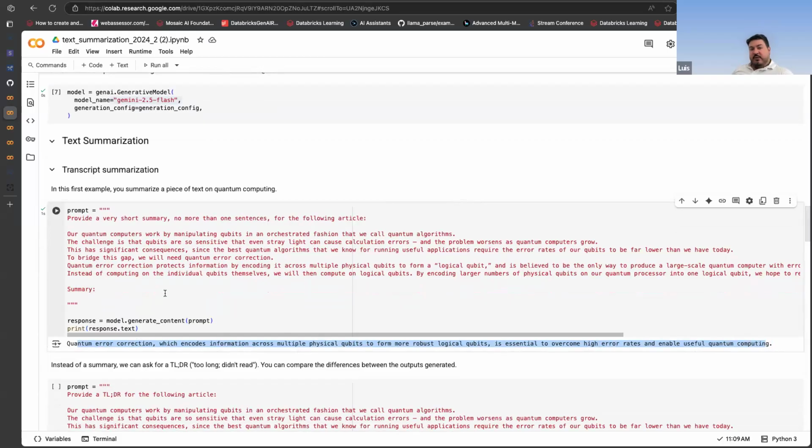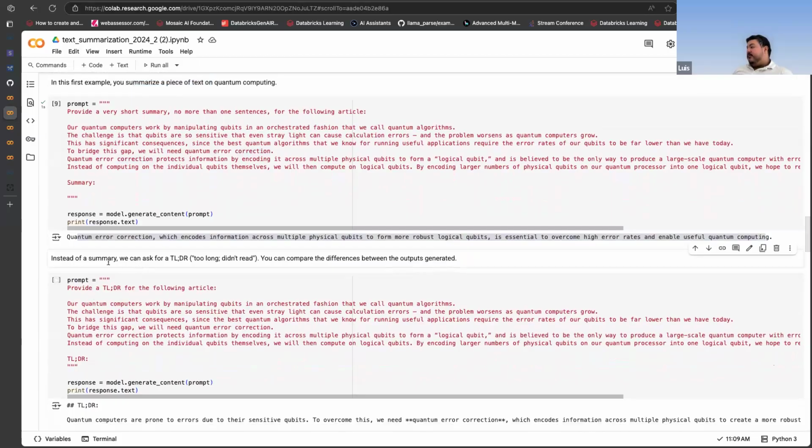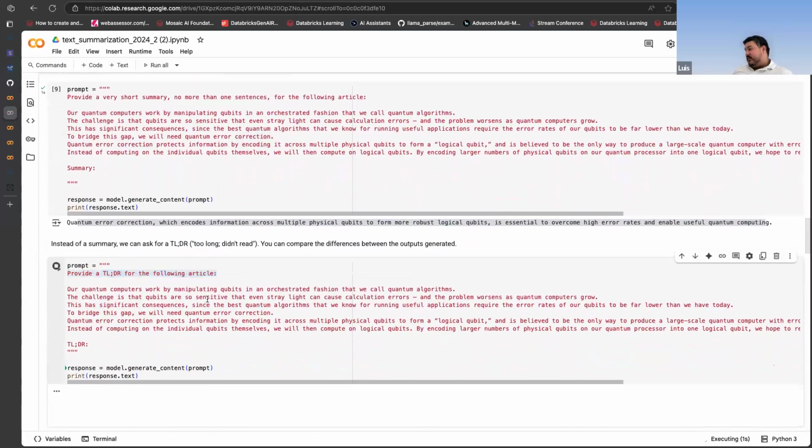So LLMs are really good at reading, understanding tokens, and breaking that down. You can use this as an example of how to summarize a piece and grab something real quickly. Instead of a summary, we can also ask for the too long didn't read summary of articles as well. It does understand slang. It does understand different things you can tell it. So when I run this prompt,